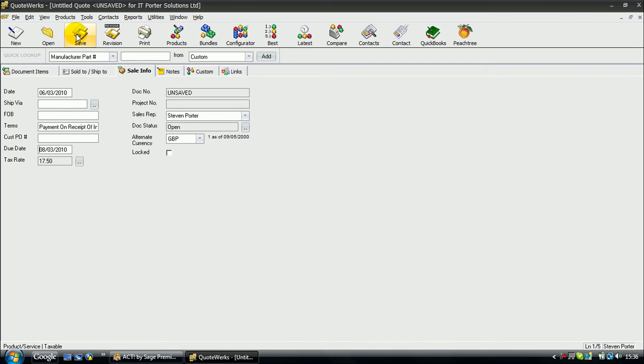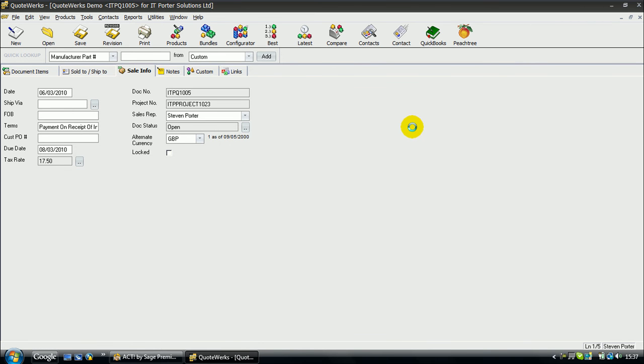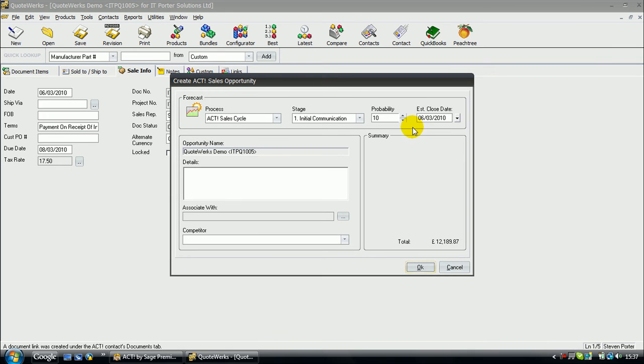So if we just save this quote now, QuoteWerks demo, and also you'll see when we save the quote, you have the Act integration option here, so you can create a follow-up call, you can create a to-do, you can update the sales opportunity. If those 3 are selected now, so if we press OK, it will now automatically populate the opportunity for us in Act, so we can pull